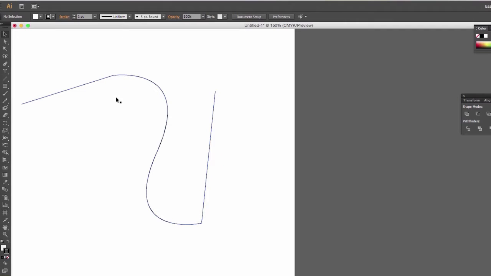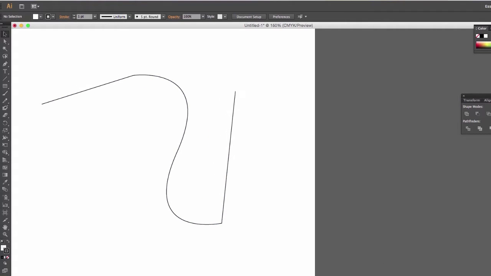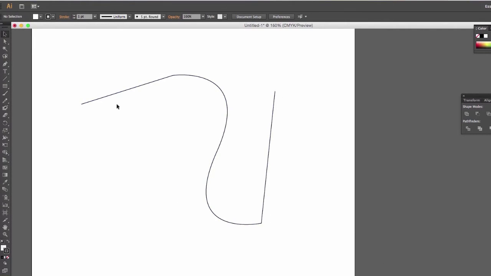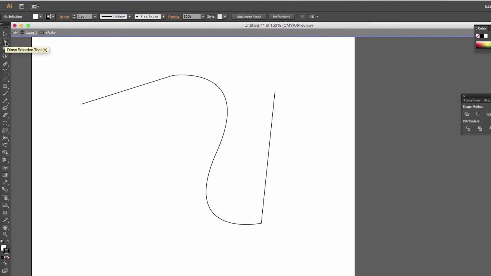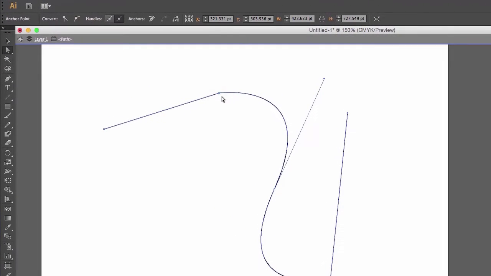Now let's zoom in just a little bit. Move this over. And I've got these points, right? Let me switch to my direct selection tool, the white arrow. And if I click on these points now with this tool, I can manipulate these points. I can move them around. And we call this an anchor, actually, and you can see it says anchor right above it. Now, we have 2 different types of anchors. We have a corner,